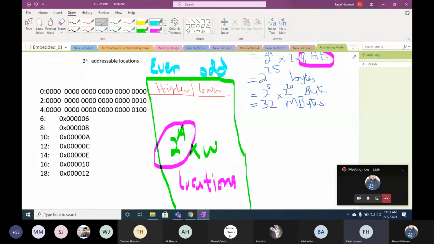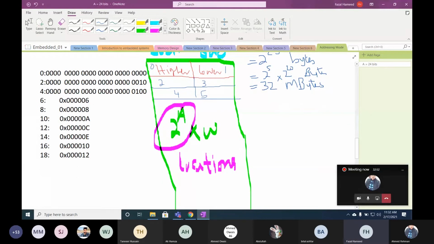So the address of the higher byte, अच्छा ये जो higher byte का एड्रेस होगा, ये मैं इसकी बात कर रहा हूँ, इसका एड्रेस क्या होगा? 0. और लोअर का एड्रेस क्या होगा? 1. हायर बाइट का एड्रेस क्या होगा यहाँ पे? 2, and this address will be 3, this address will be 4, this will be 5. What about 12? Not 12, it is 1 2 actually in hexadecimal. What is this address on the left hand side?